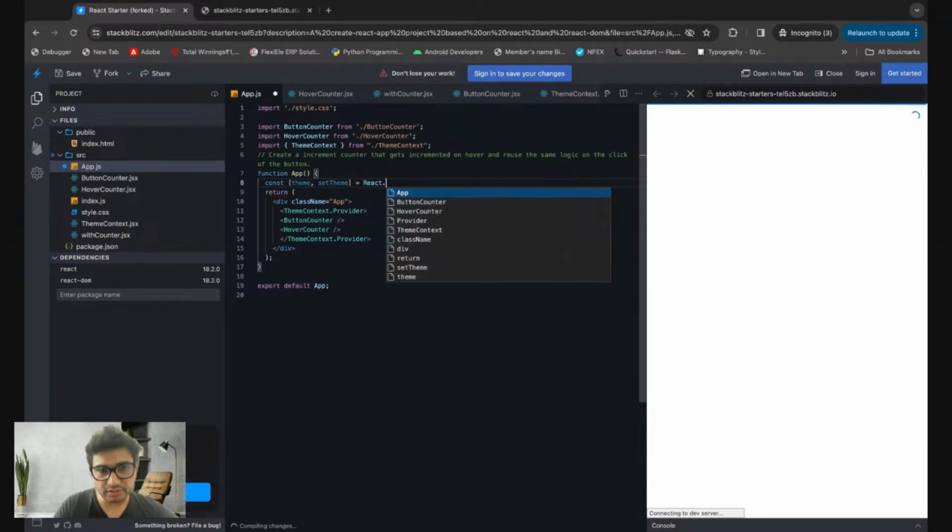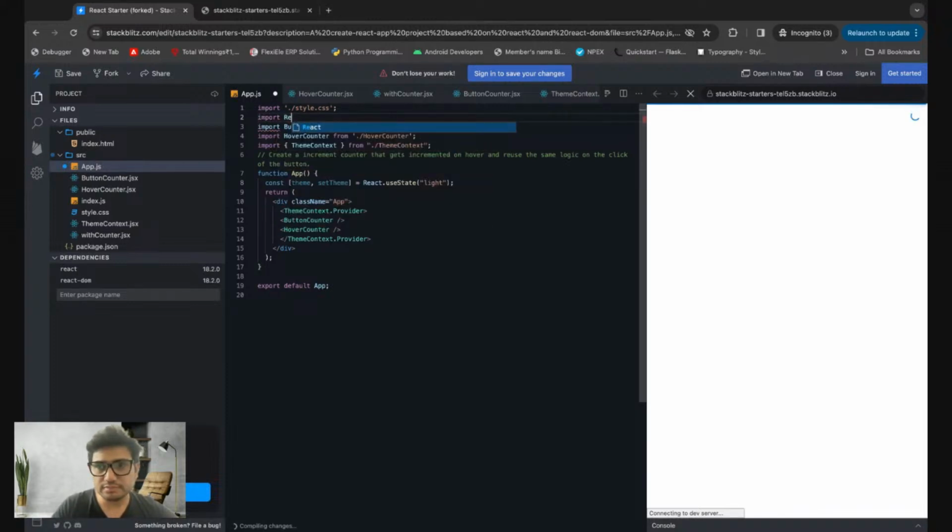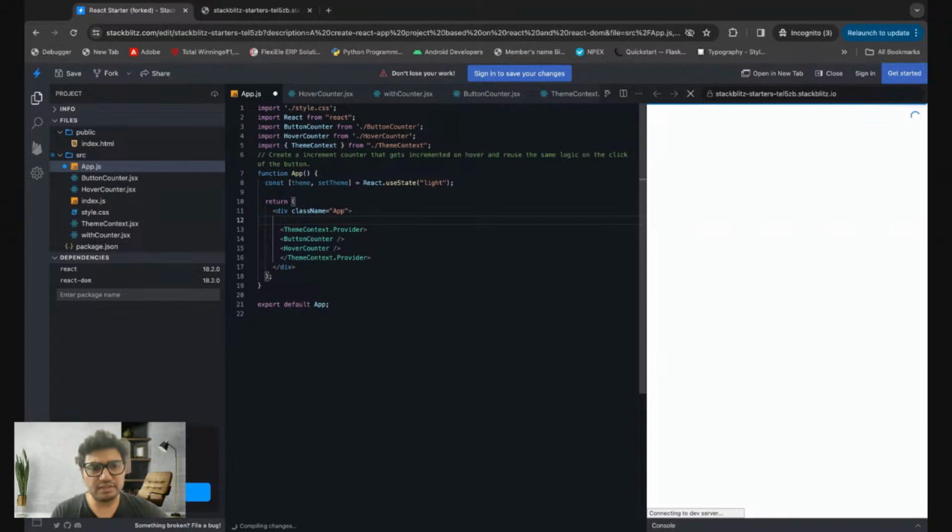We write React use state. Initially it would be light. We can just import React here. Now once we have imported React, we can create a button here also that will toggle, or a radio button or something you can create. So let's say we create a toggle button, which will toggle between themes. When you do an on click,